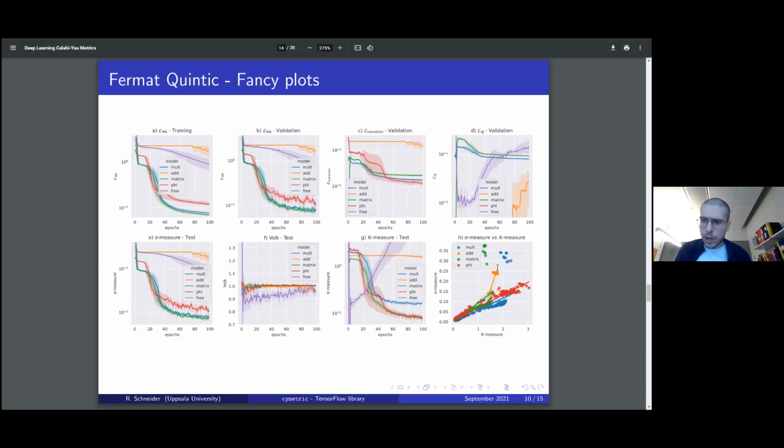And then on the last part, we plot this relation between optimization of the surrogate loss function, optimizing this Monge-Ampère equation, and actually the decrease in Ricci measure. And we find some nice linear relationships for almost all of these models, which go neatly through the Ricci measure. So here's a relationship between sigma measure and Ricci measure of roughly 0.06 as the slope.